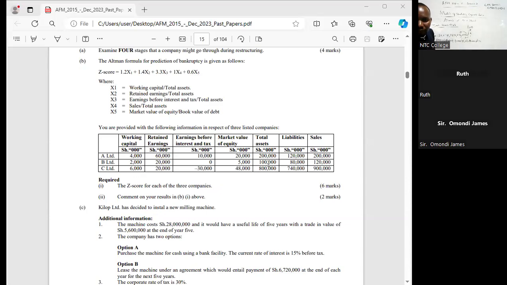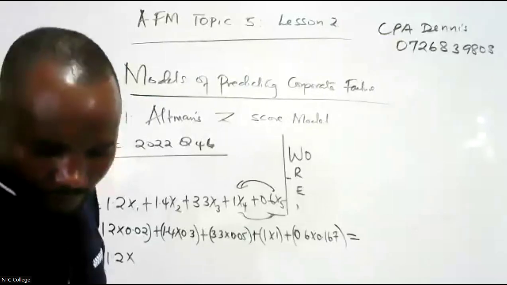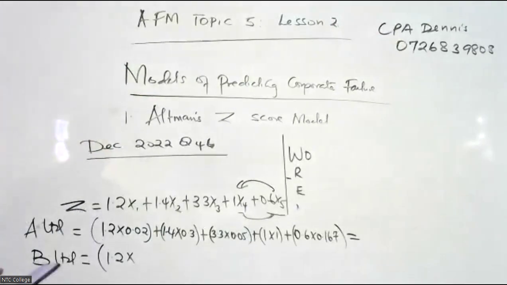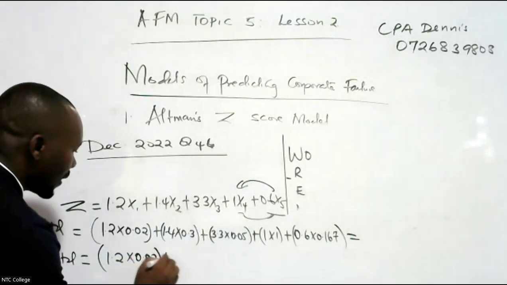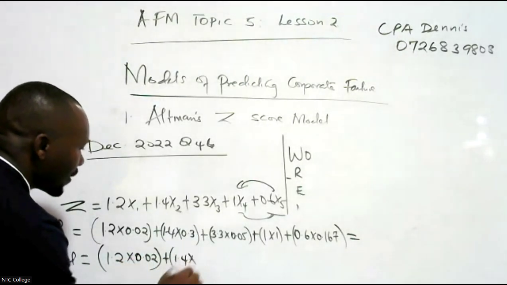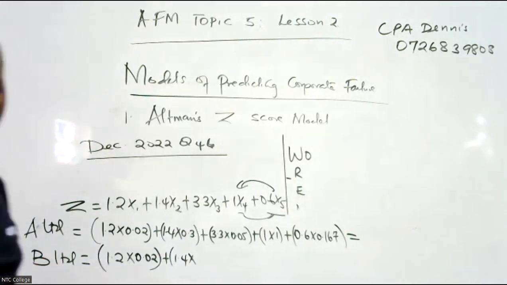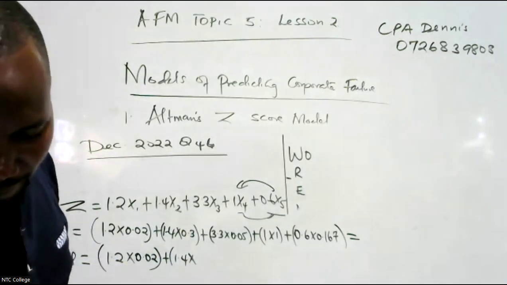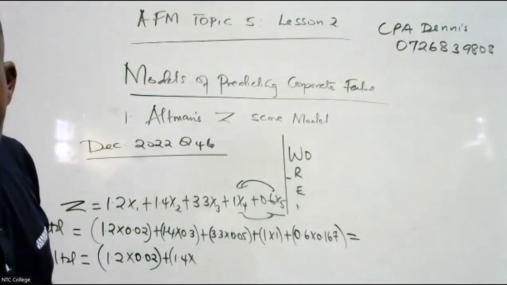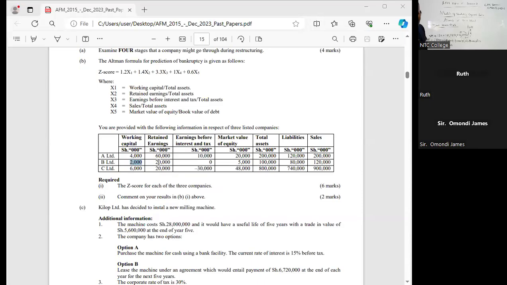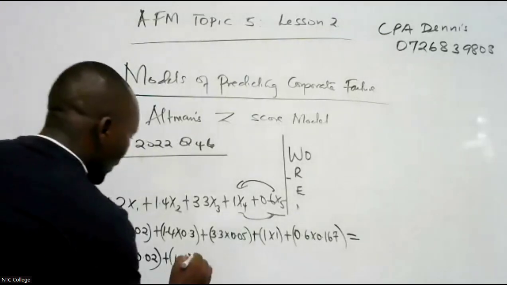Now this one, 20 divided by 100, that is the same, 0.20. So I have 0.02, not 20, plus 1.4 times, here we have 0. We have x3. Now x2, 20 divided by 100, so that is 0.2. So here we have 0.2